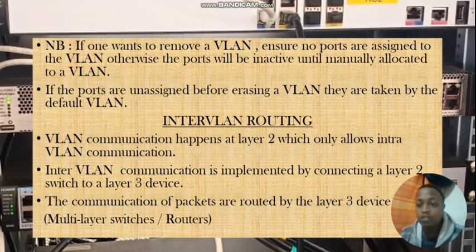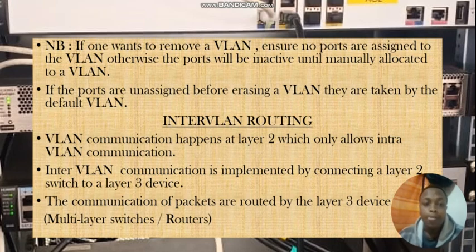Now let us talk about how we can communicate from one VLAN to another. By default, you cannot communicate from one VLAN to another. So machines from one VLAN will only be able to communicate within themselves. But if you want these machines from different VLANs or from different departments to communicate with each other, then you need to connect a layer 3 device, and this is what we call